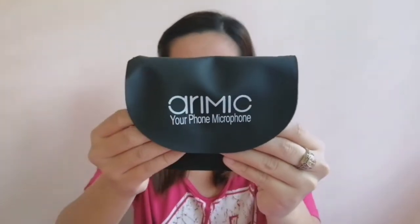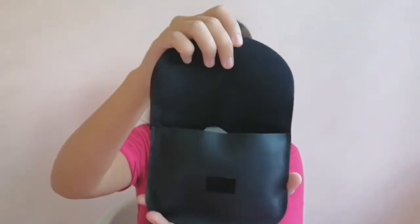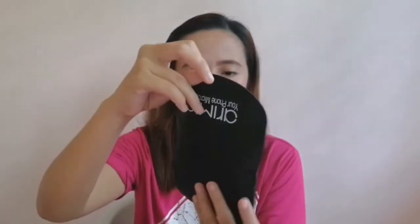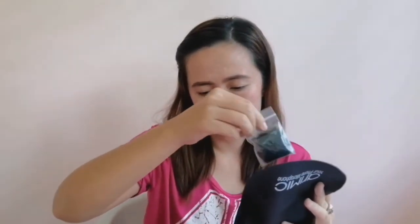Alright. So, maganda yung case niya, leather case. Ari mic or Ari mic. Your phone microphone. Very nice yung case niya or yung bag. Dito nakalagay yung inclusions niya. Meron siyang